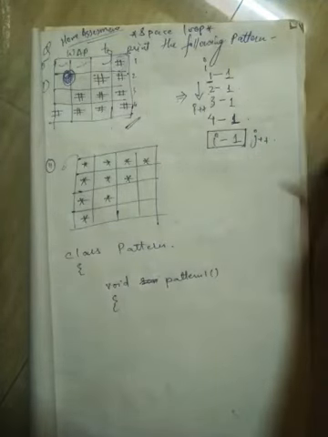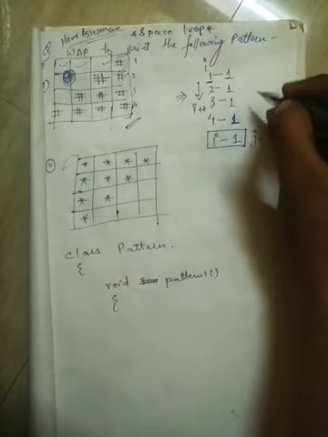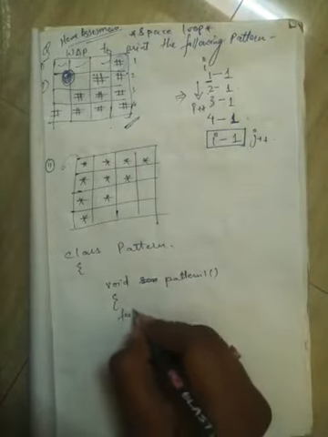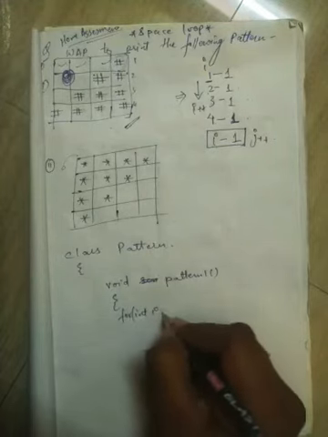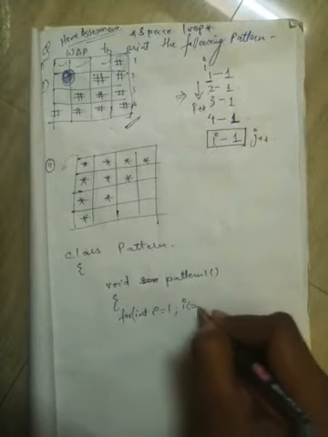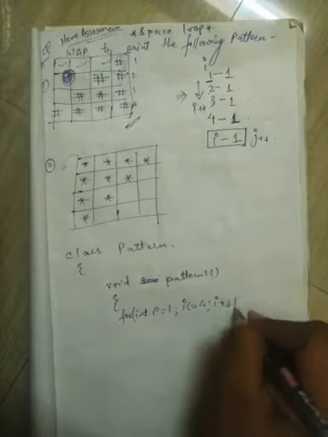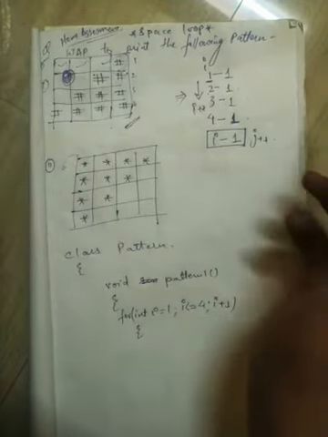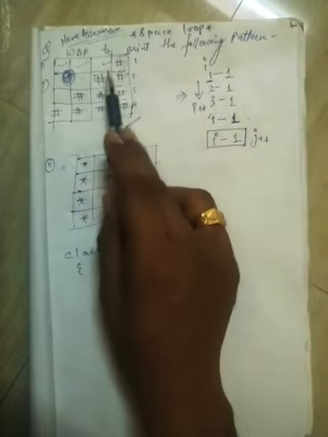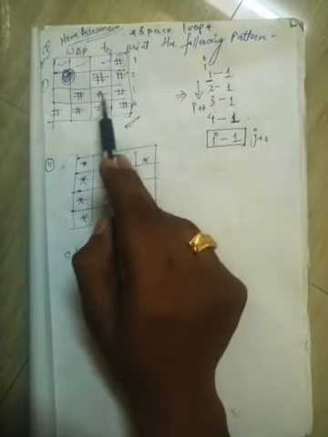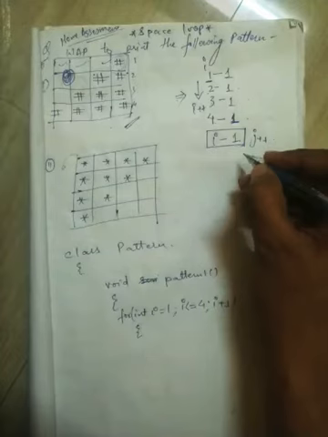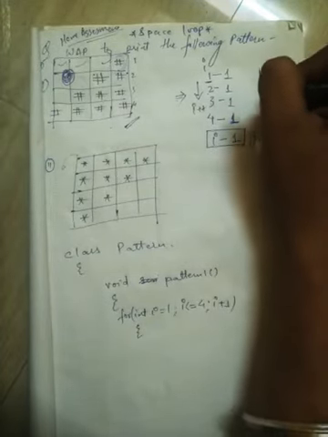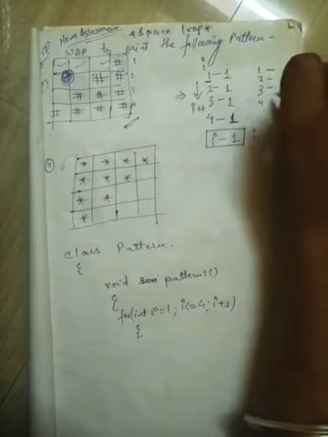Based on this I'll make the I loop first. What will be the I loop? For int i equals 1, i less than equals 4, i plus plus. After this I will not make the j loop, whereas we have to make the space loop because we have spaces before we start printing the values. So we have to make this space loop. What will be the space loop? Again I'm writing the I values first. 1 2 3 4, I wrote the I values.